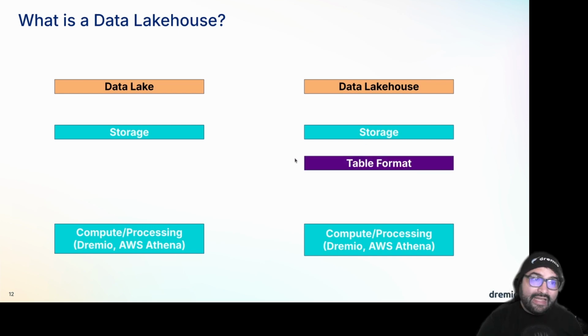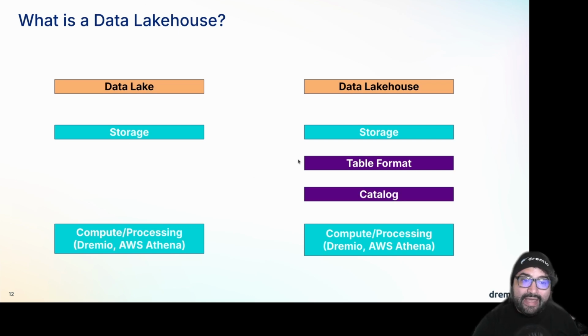So that way that data now becomes, instead of a lot of different files, they become tables. And then we inject a catalog so that we know which tables are available. And now when you connect to your data lakehouse, you're interacting with it as a list of tables that you can write SQL against, very similar to a data warehouse, but now you're working on that central repository. And now different teams can use their different tools that they prefer against the same set of data.